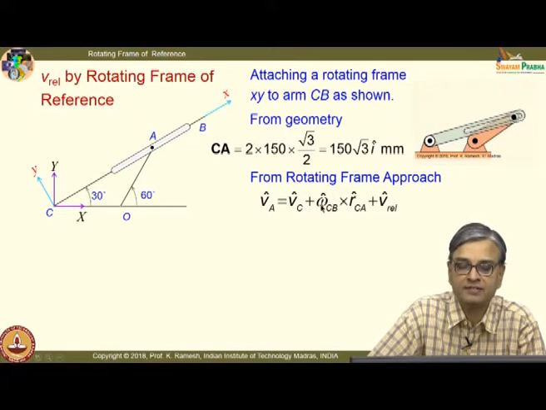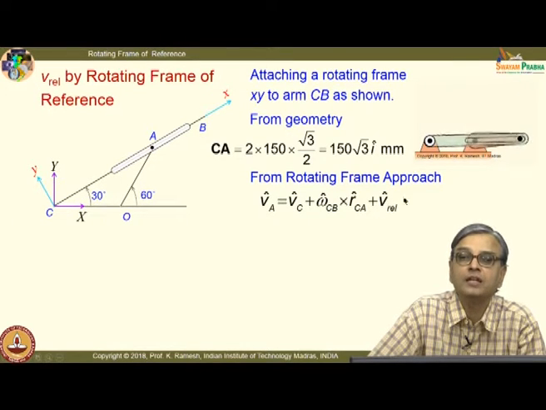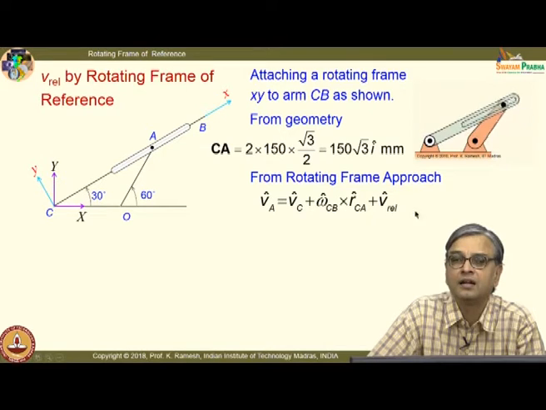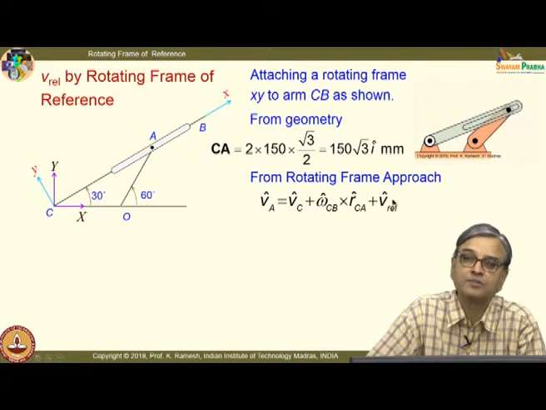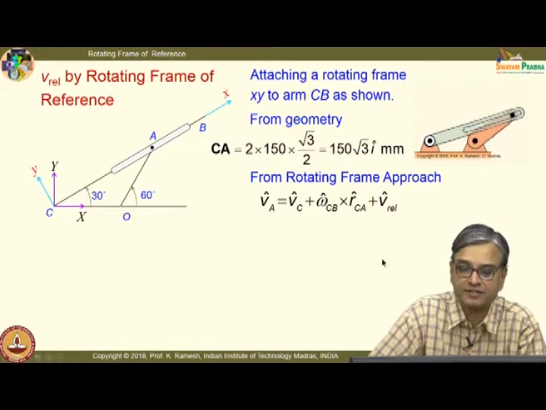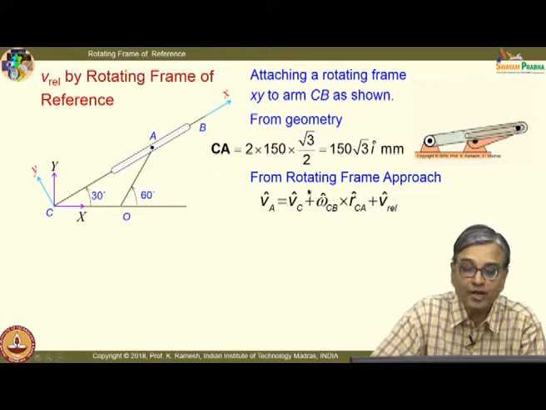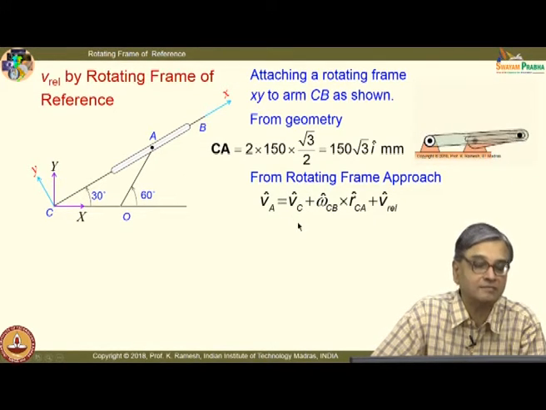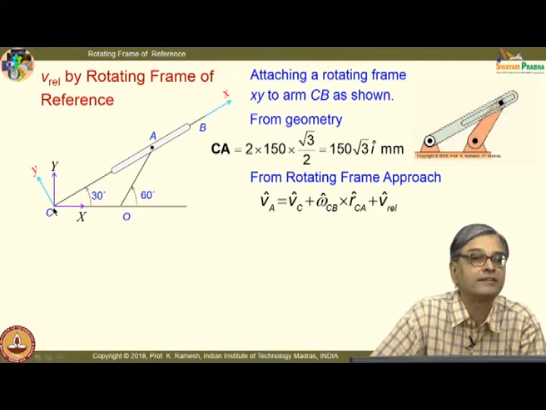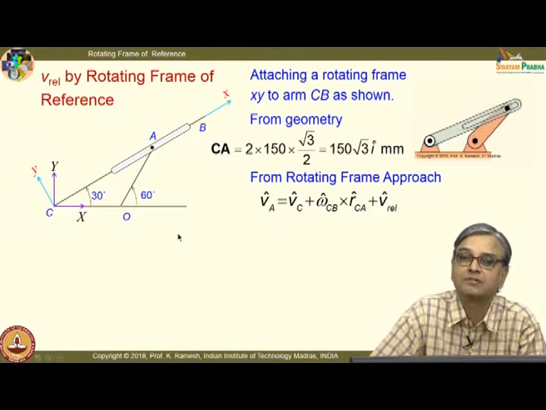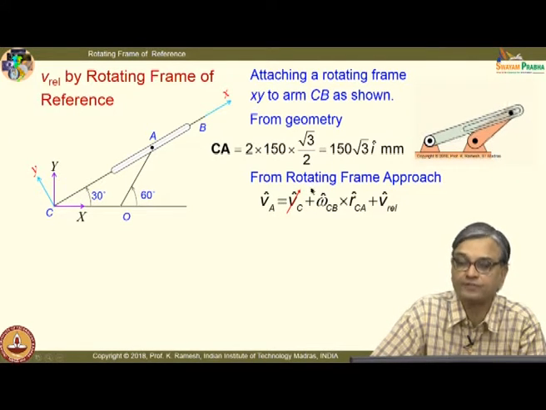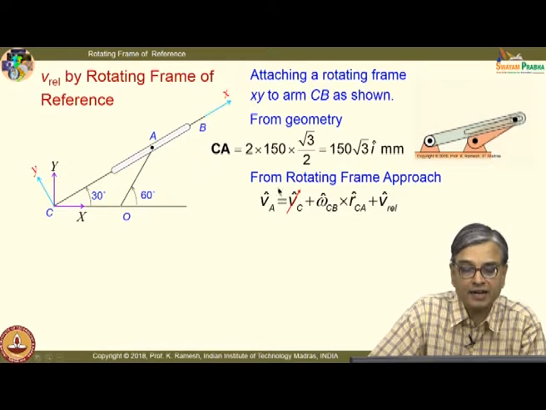the omega of the rotating frame of reference. Here it is omega CB and the position vector RCA plus Vxy, which is the velocity a person would observe when it is rotating with the rotating frame of reference. And what you should understand is, in this expression, you already know what is to be written for VC. I have taken C as a fixed point. What is the velocity of that point? 0 also you can have. So, that goes off, and I can know from the physics of the problem VA completely.